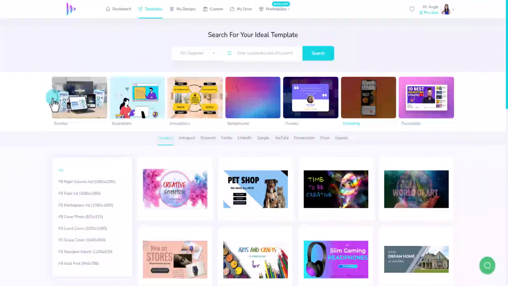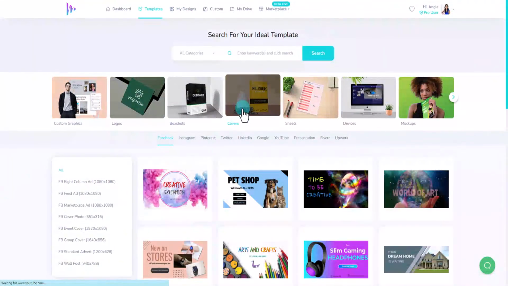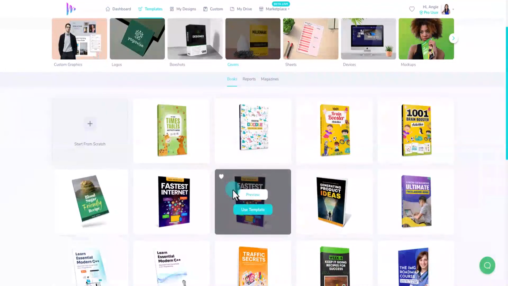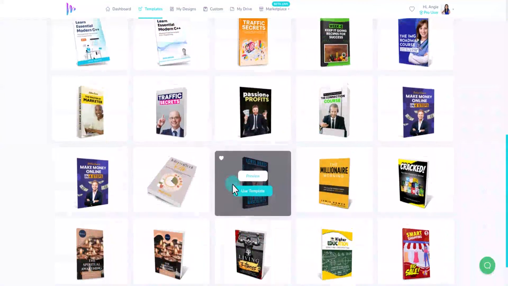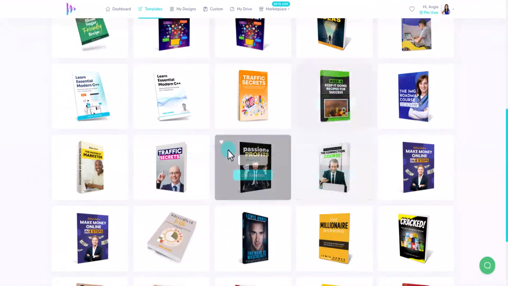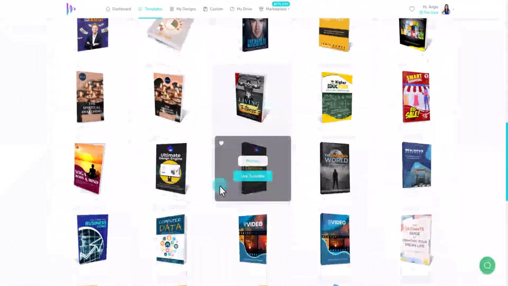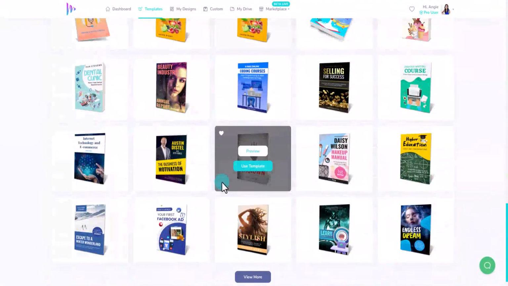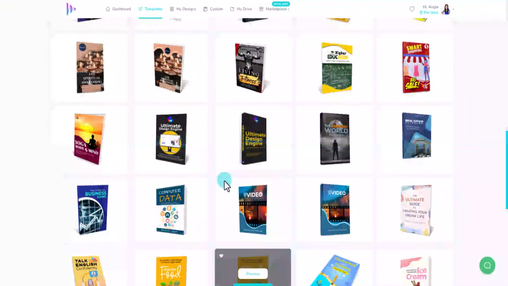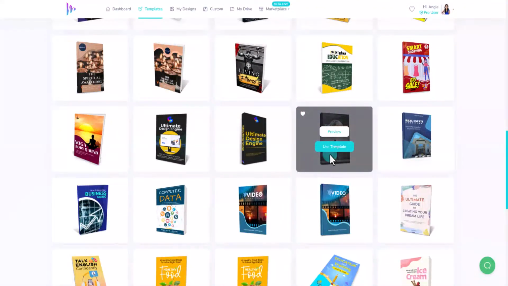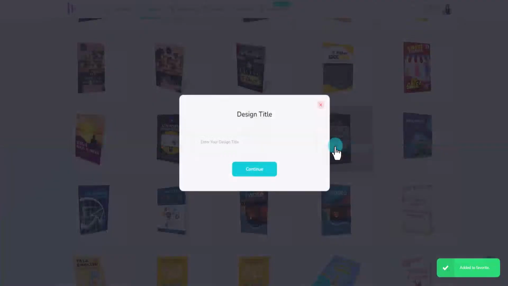So I'm going to click back here on templates and click cover, and I'm going to make sure I'm on books. I'm going to find a cover that I like. Anybody? This one looks cool. I'm going to find one that has the binding on it because I have the spine. And I want to see, oh, here's one right here. So if we wanted to use this, say, and actually I like this one, but I wish it had more of a spine, but I'm going to use this one anyway. So I'm going to heart it. I'm going to go ahead and click use template,